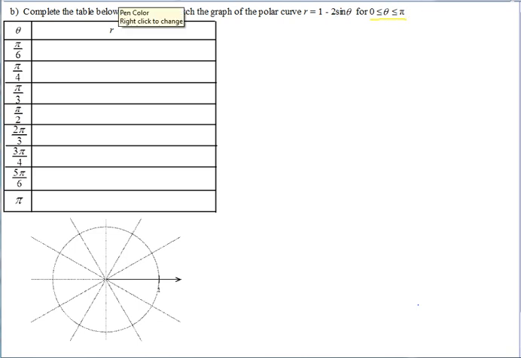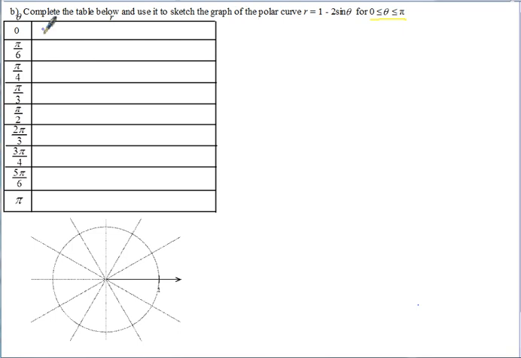So what we're going to do is plug these simple angles in here one at a time and try to figure out what this curve looks like. Let's substitute in some simple values. We can evaluate without a calculator and substitute in for theta to figure out what r is to help us graph this. So if we substitute in 0,